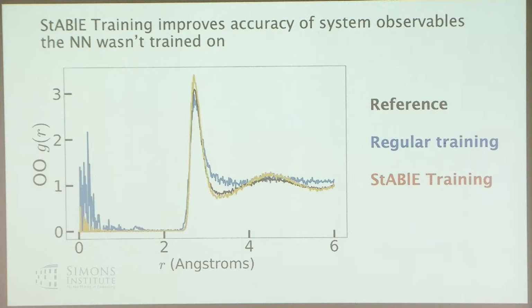One thing I also want to point out is that you can train to one or more system observables, but you can then go and test on totally different system observables to see how well you captured more behavior than just what you trained on. I think there are definitely going to be some correlations here, but something interesting is that in this case, this is a radial distribution function. This is not something that we trained on. But by doing this training, we can actually reproduce it better than if we didn't do this training, even though it never saw this radial distribution function.